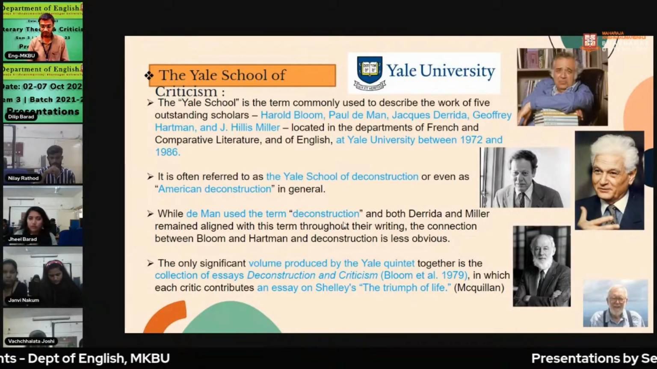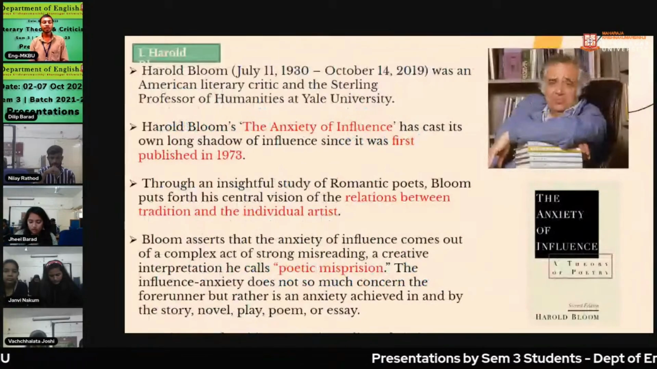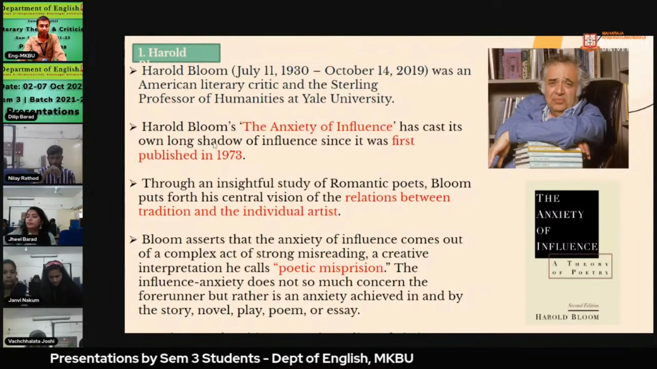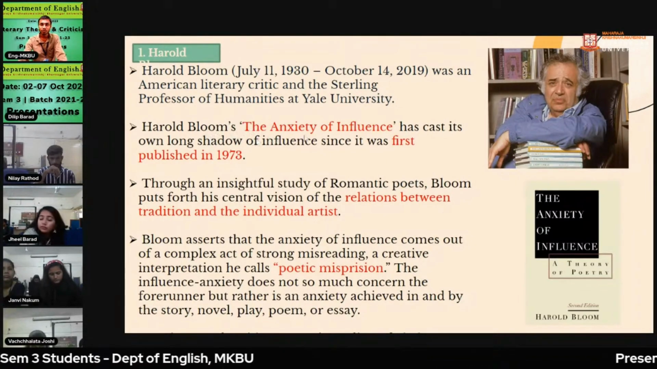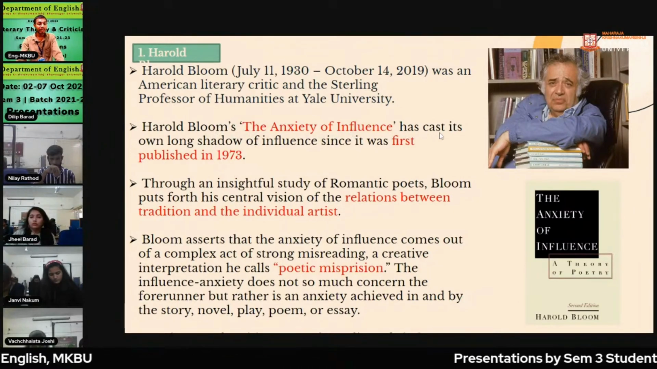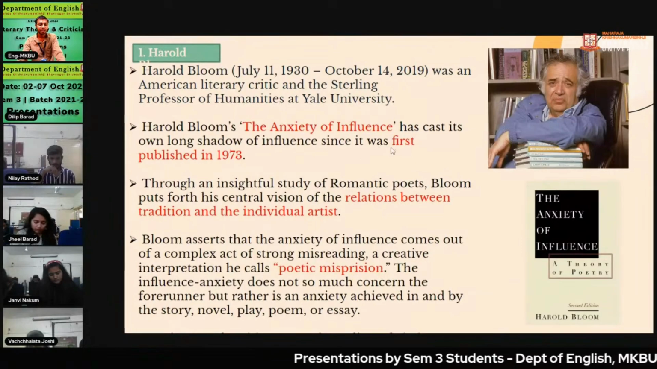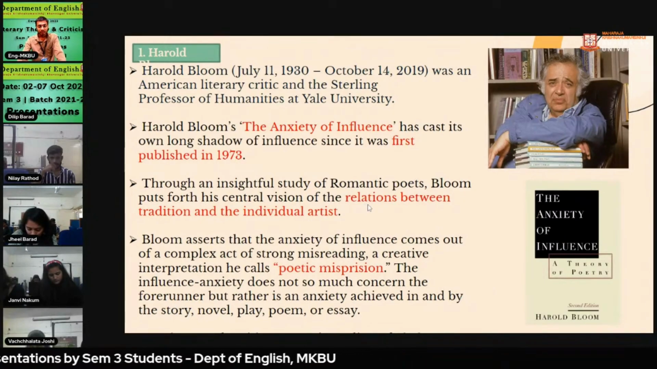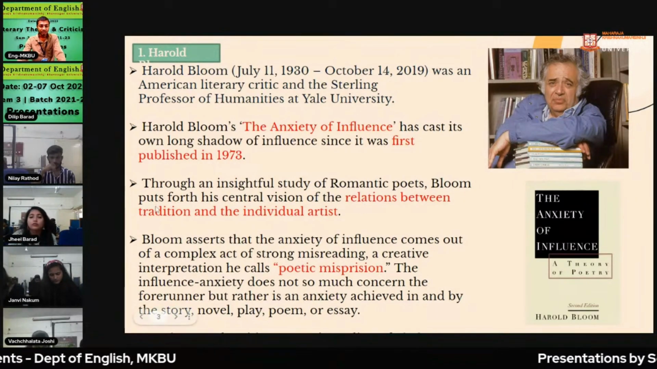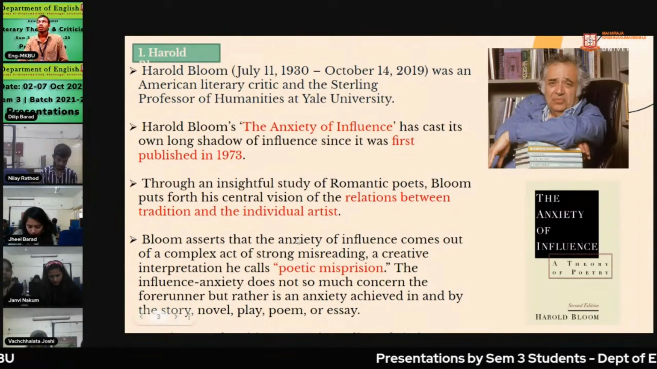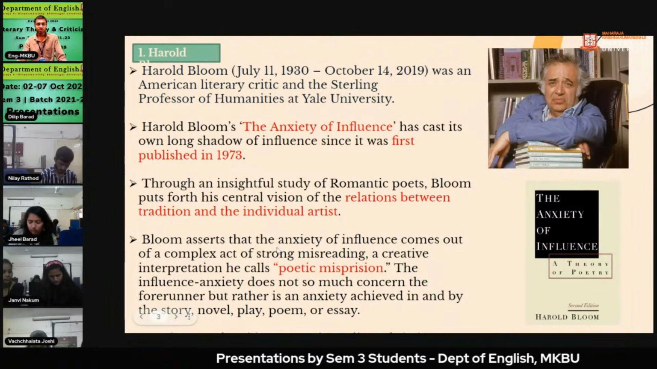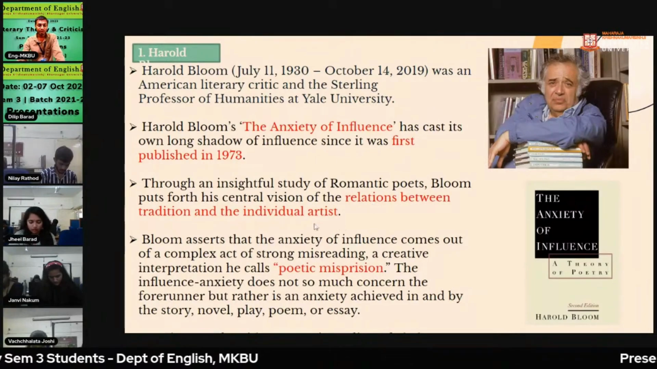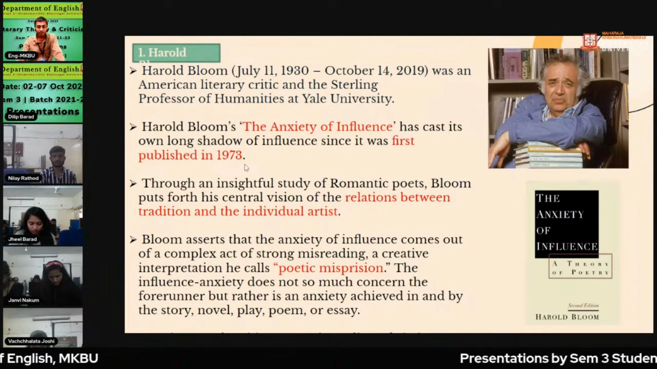So let us move ahead. So first is Harold Bloom, and I will just read these highlighted points. The second point coming down to Harold Bloom's The Anxiety of Influence. So he has a seminal book, The Anxiety of Influence, which has cast its own long shadow of influence since it was first published in 1973. So in that book, he describes the relations between tradition and the individual artist, as we have T.S. Eliot, who also talks about tradition and the individual talent. So here, relations between tradition and the individual artist regarding poetry is being discussed